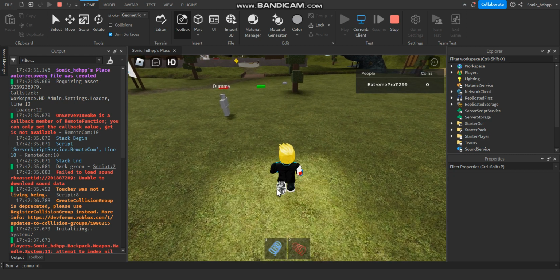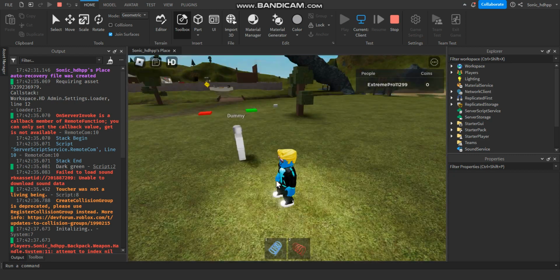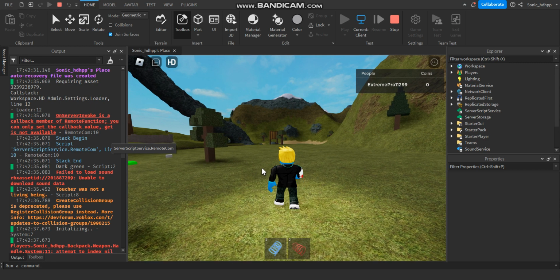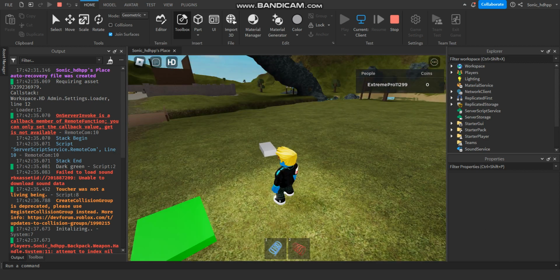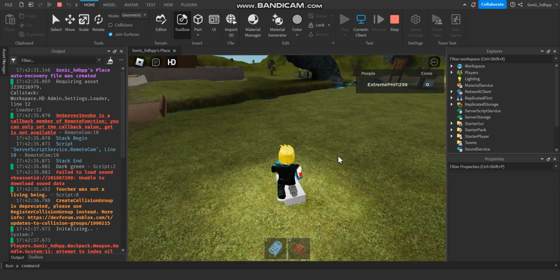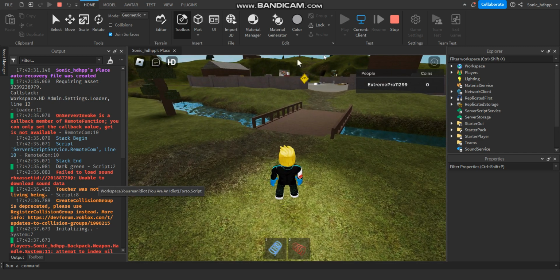Have you ever tried to make a two-way communication system in Roblox Studio and got this error while you were trying to use the remote function? Well, I'm going to show you how to make a good two-way communication system, and that's with using a remote